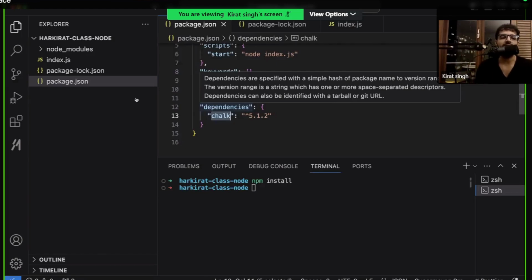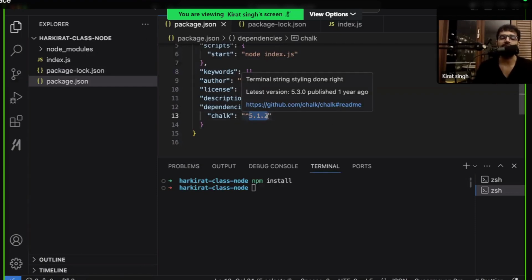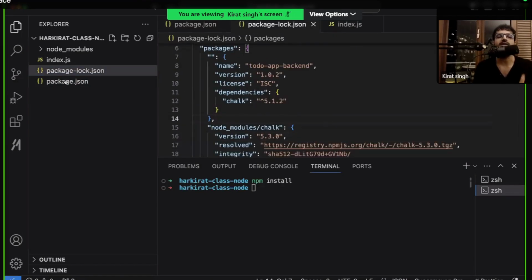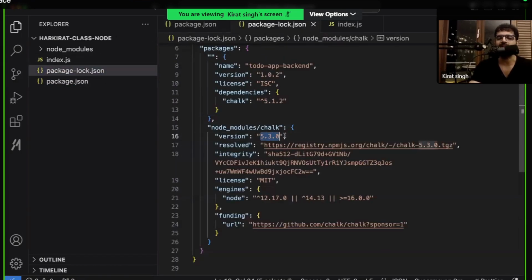And the answer is because on the server, let's say, 5.1.3 got installed, and for everyone locally 5.3.0 got installed. So to make sure everyone has the same version, this package-lock.json gets auto generated. And now as long as you have both of these files locally, when you're running npm install, even though it has many options to choose from, it will only lock itself to this specific option. That is why this package-lock.json is introduced.